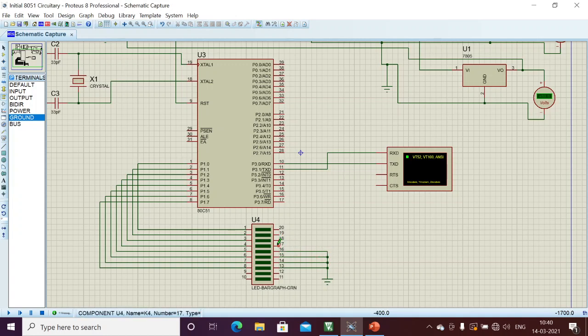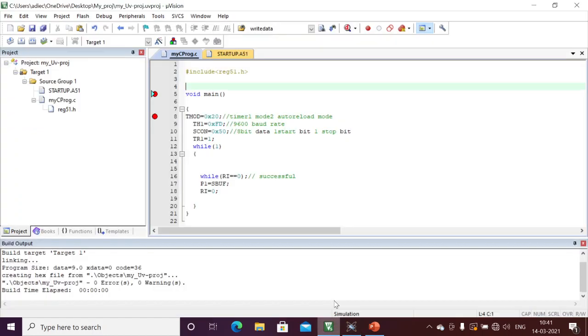Okay, now if I transmit from the PC, I should receive the data using this program. I should transmit the data to this port 1. If you understand the program, once data is successfully received from the other node, which is nothing but the PC, I'm copying the data to port 1.